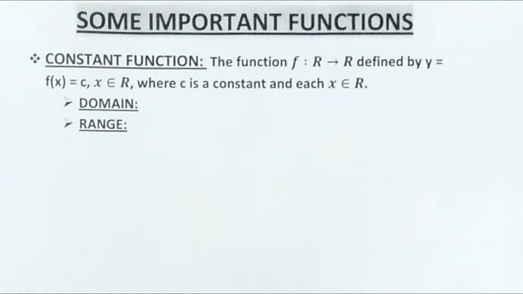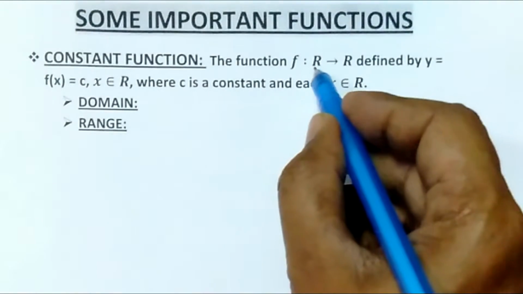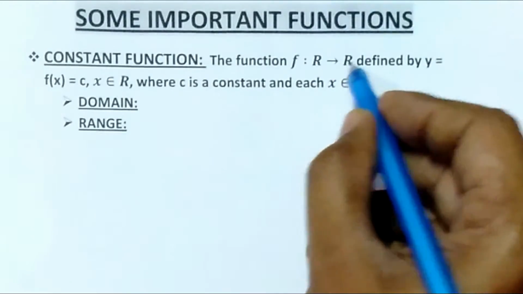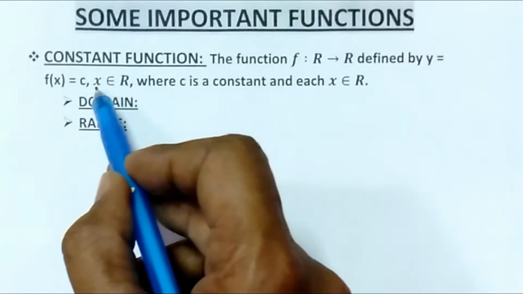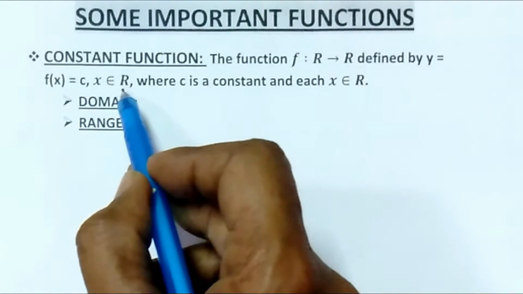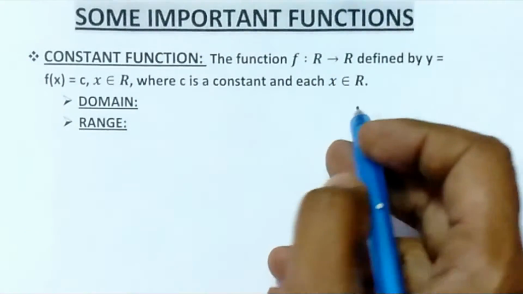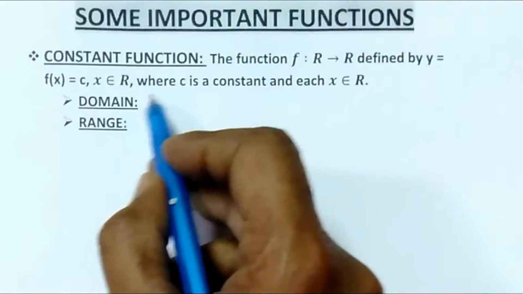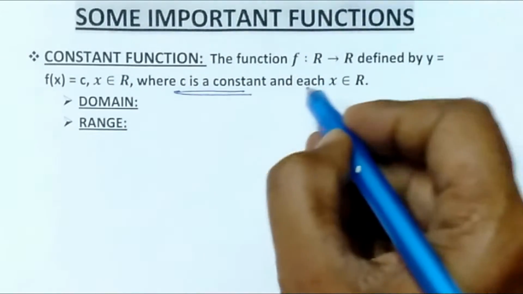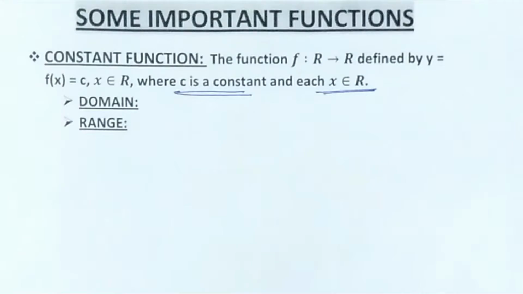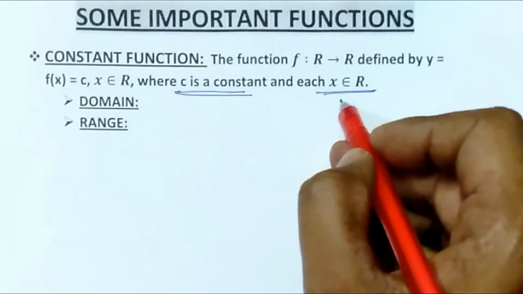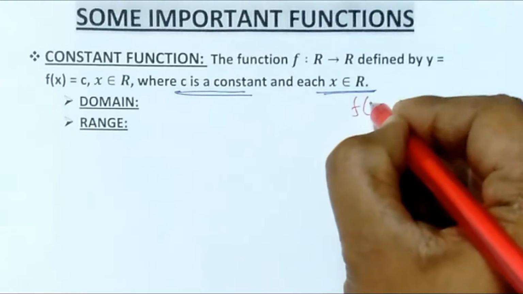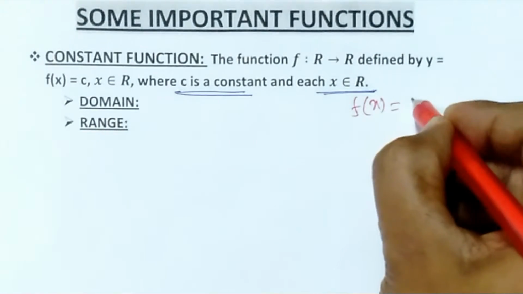At first, constant function. The function f maps real numbers R to the set of real numbers R, defined by y equals f of x equals c for all x belongs to R. Here capital R denotes the real numbers, where c is a constant and each x belongs to R. So what is a constant function? For every value of x, that is for every real number, if the function gives us the same value c,